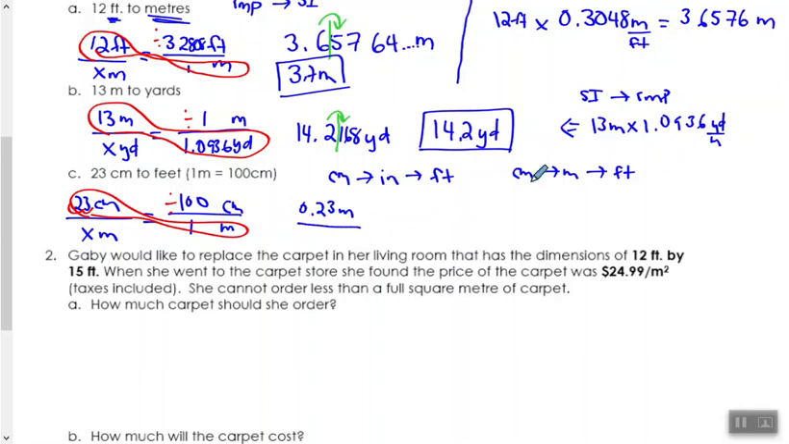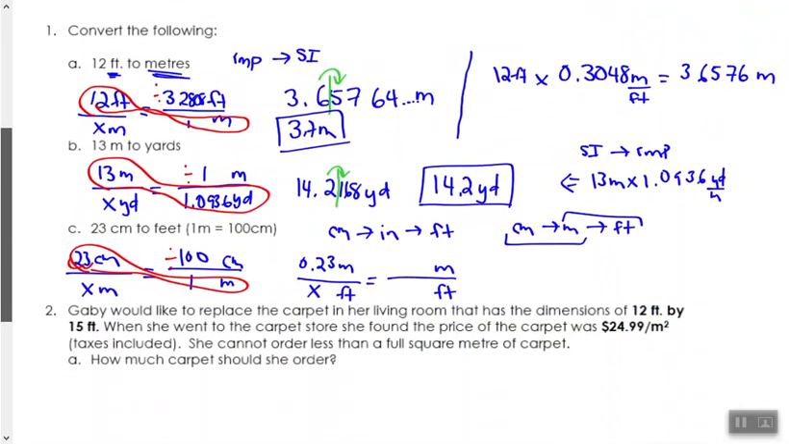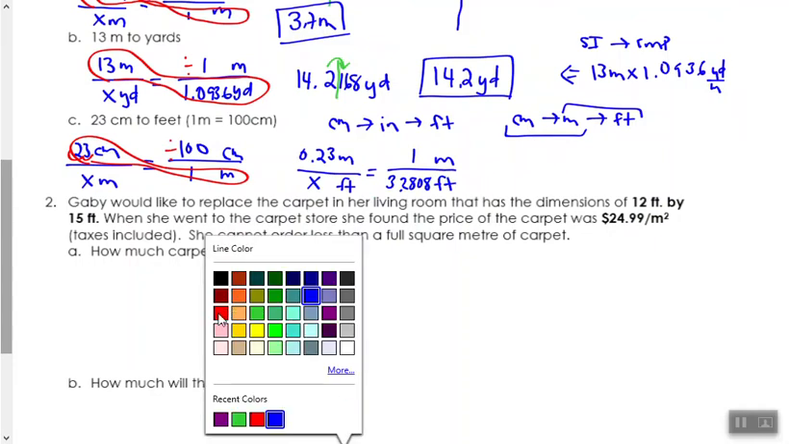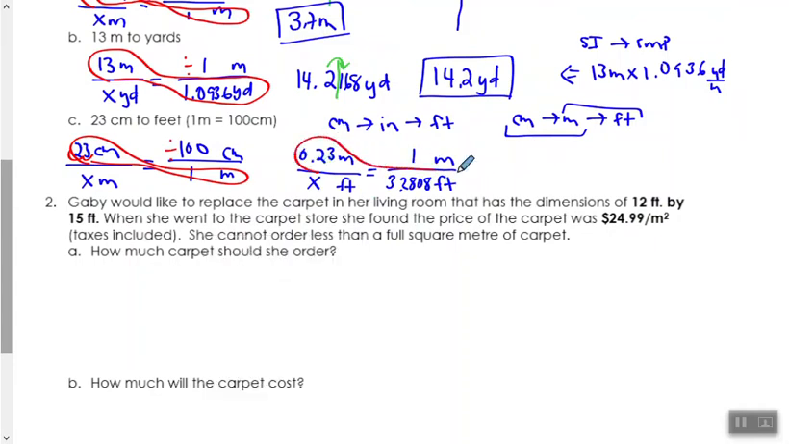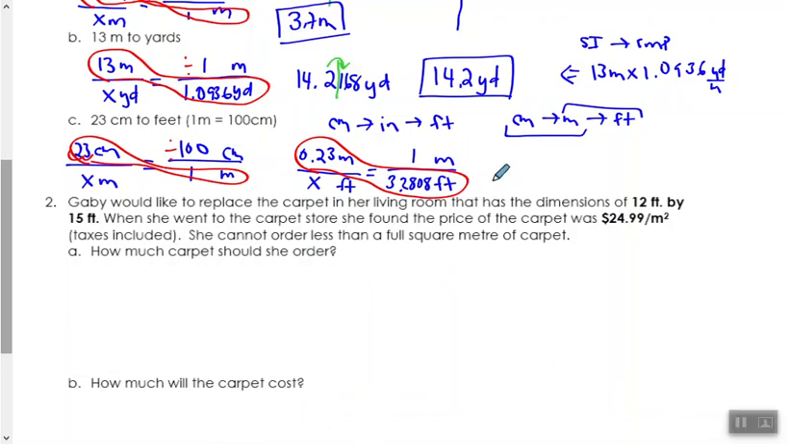Now I need to change that meters into feet. So setting up my proportion: meters, feet. Taking a look, in 1 meter, I have 3.2808 feet. Then solving my proportion, I will do 0.23 times 3.2808, and then divide by 1, which does nothing. And we get